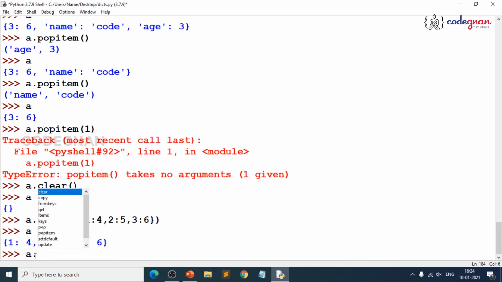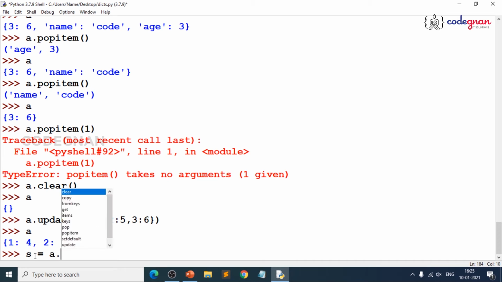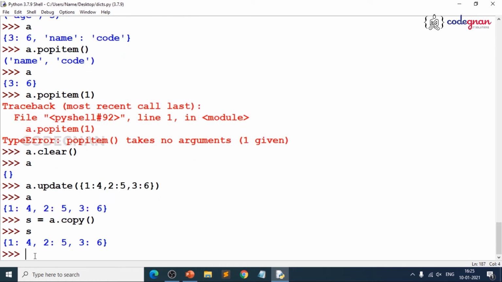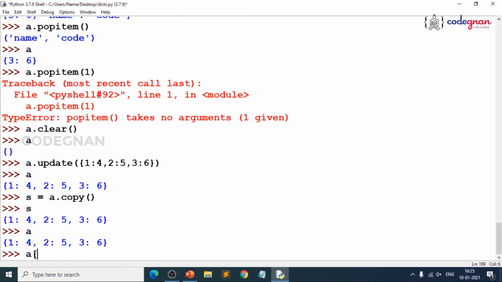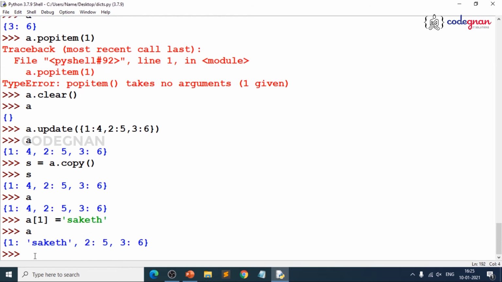And copy, always remember, whether for list, set or dictionary, you will be getting a new shallow copy of the elements. That means if you change things in the original, the copy is not affected. That means S is this and A is this. Suppose you are modifying A of 1 is equal to Saket, the dictionary A is modified.